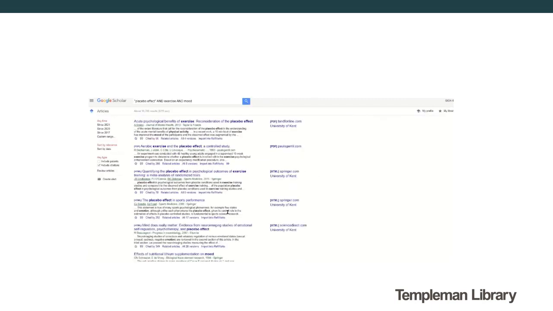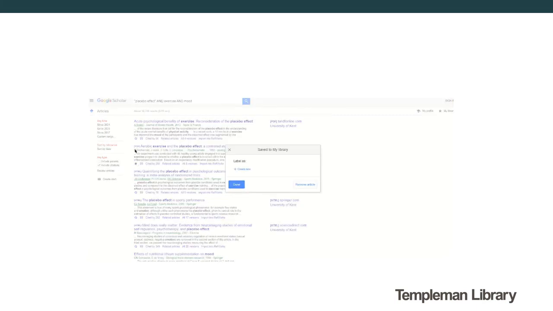Now in terms of accessing and sending these different references into your Mendeley account, it's a slightly different process. So again, if you haven't already, you need to create a little personal profile with Google Scholar. If you have Gmail, you can use your Gmail account, or you can set it up with a completely different email address, but you will need to do that. And once you've done that, to save the articles you're interested in, you just click on the little stars next to them